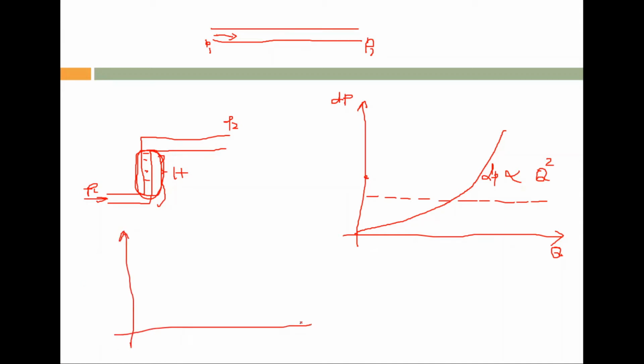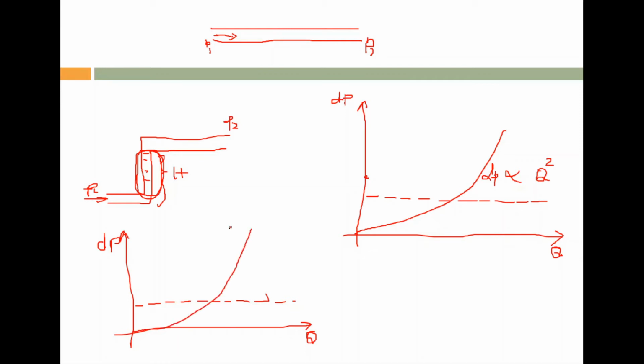So normally, in a practical situation, say this is flow rate and this is pressure difference or frictional loss. We have the static frictional loss. This one is the static frictional loss. Due to this head difference, a static friction loss is there. And due to the friction between the fluid and the surface, or between one fluid layer and another fluid layer, a dynamic friction is also there, like this.